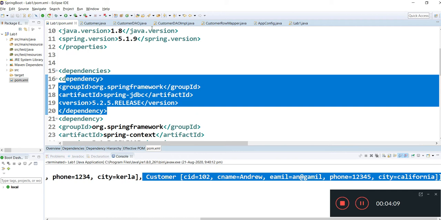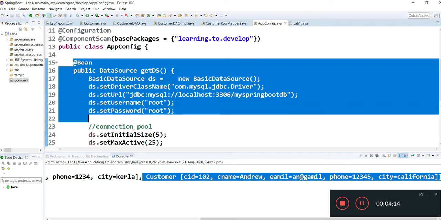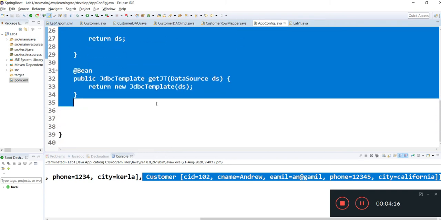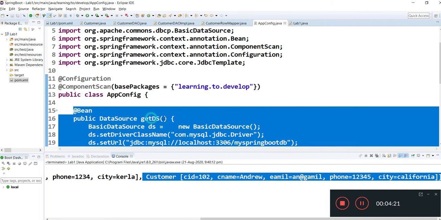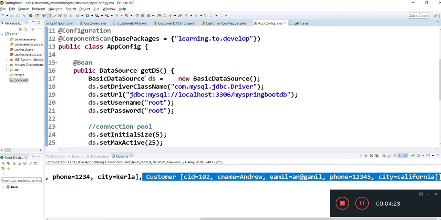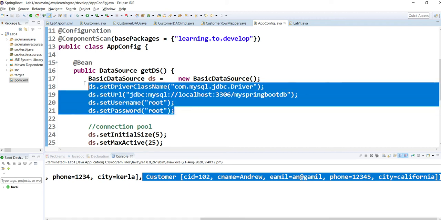Second, what I said, the configuration file. For configuration, it will automate this code. You need not write or configure the data source and template beans or any other beans which you have mentioned in your configuration. And the third one is that you can mention all these properties in a properties file.